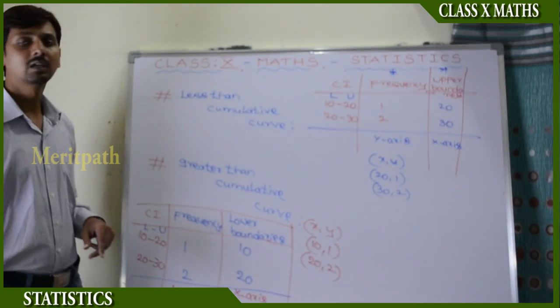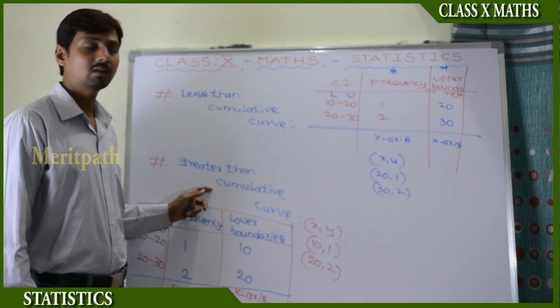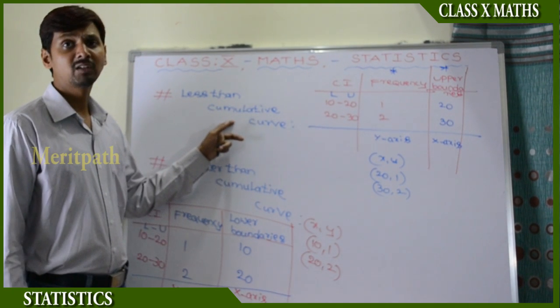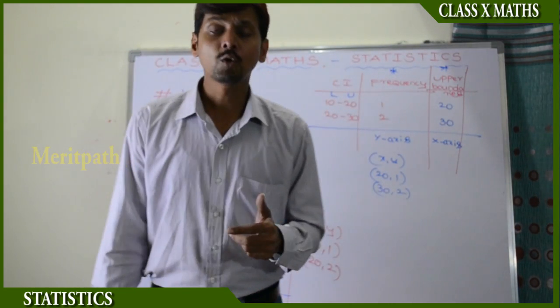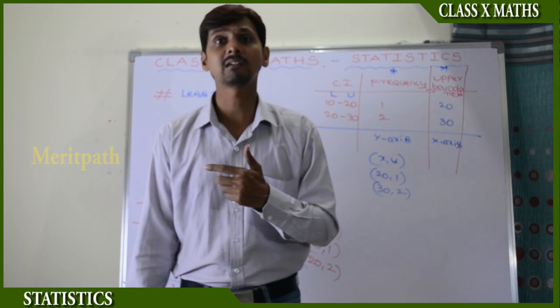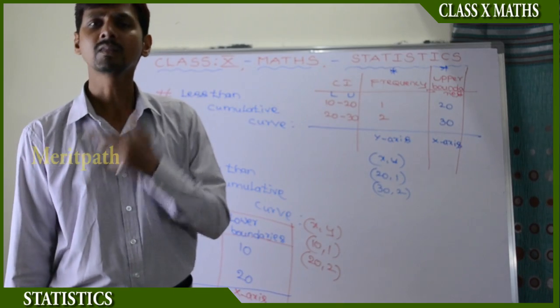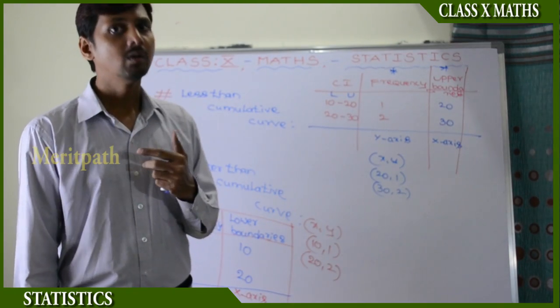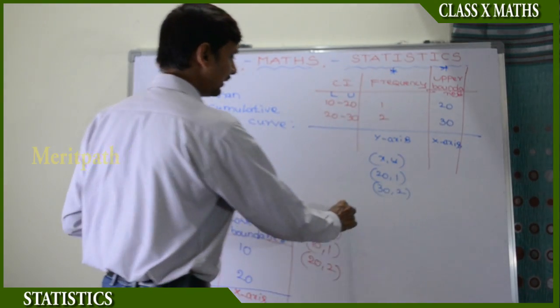So these two curves are called the greater than cumulative frequency curve and the less than cumulative frequency curve, and these two curves are also called the ogive curve. After drawing these two graphs, we'll be getting, for example,